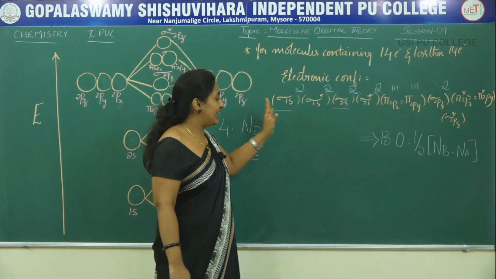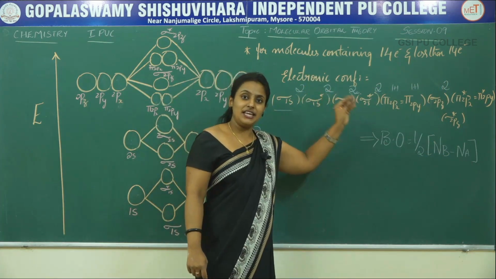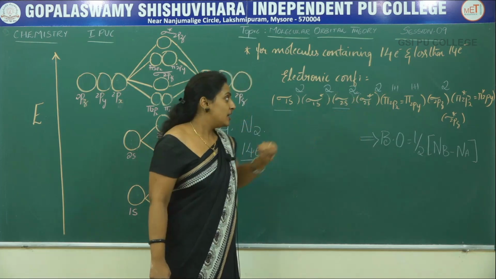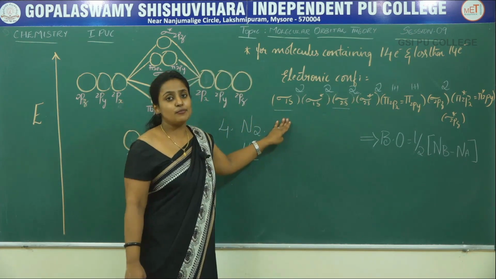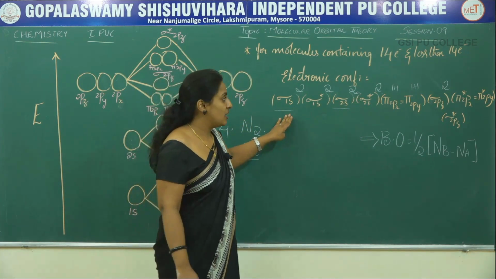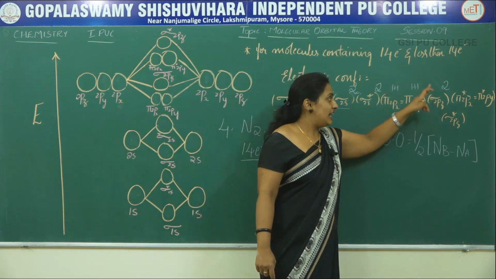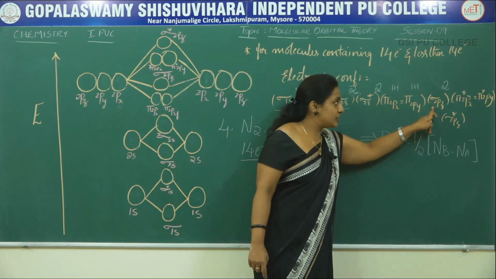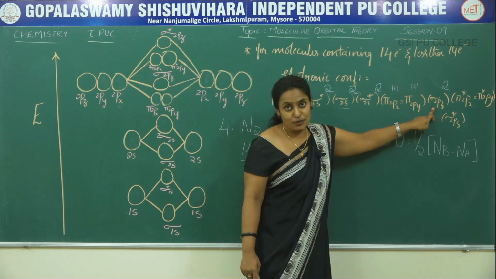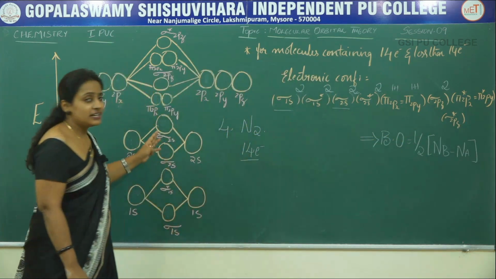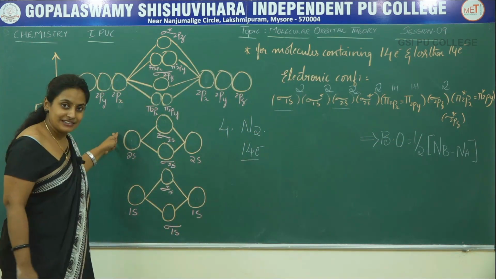This is how the electrons accommodation takes place in the molecular orbitals. Now, from this we should write the molecular orbital diagram. You can observe here the last electron enters into the sigma 2pz orbital. Therefore, we should consider the whole molecular orbital diagram.